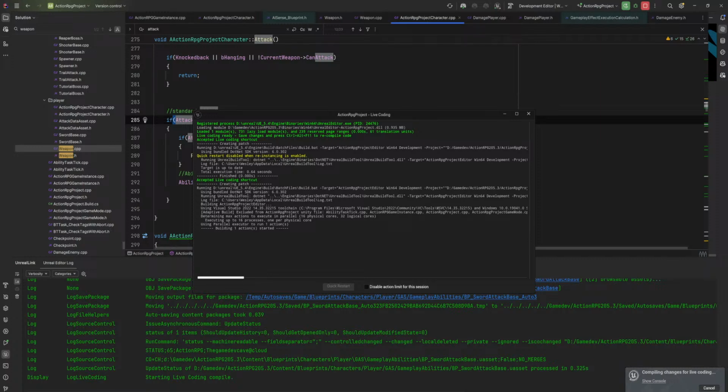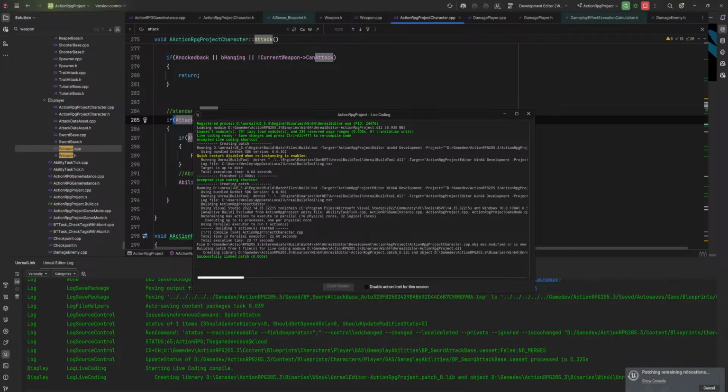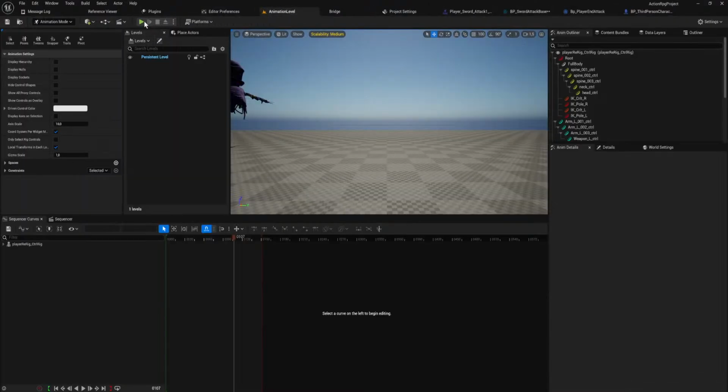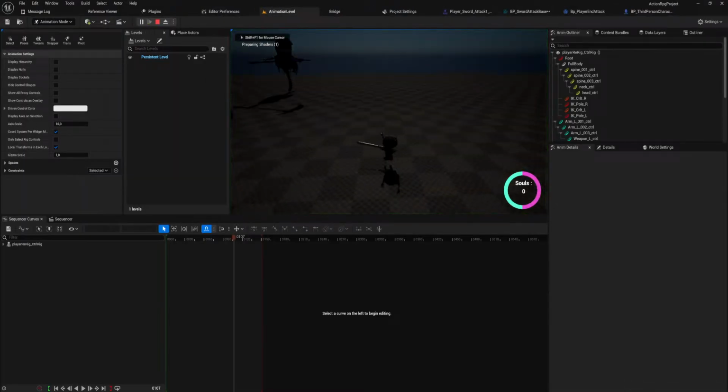It's taking a little bit longer now, so it's actually a good sign. Last time it took less than half a second, which, it's only one line of code, but it's a pretty big file that I changed. Okay, that was a thing.